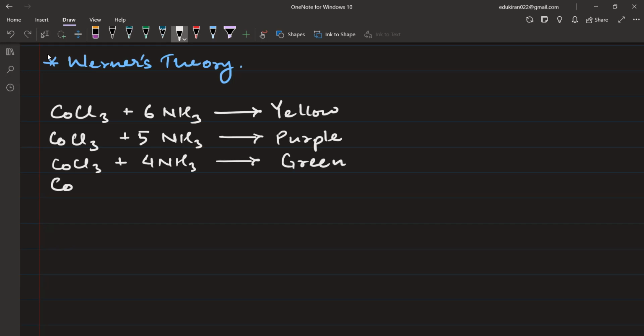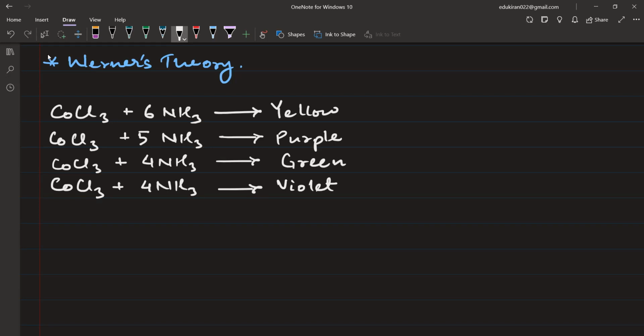Whenever you do an experiment, you don't stop at the first result. You always repeat your experiment. Like in titration, you at least take 3 readings. Even though no one really takes 3 readings, one reading comes, one reading above, one reading below, and the rest of the work is carried on, right? But that's not how science is done. Whenever you do an experiment, you get a result. There is a question of reproducibility. Can you reproduce that result? Do it again. So when he did CoCl3 a few more times, he saw that sometimes with 4 moles of NH3 he also used to get violet color.